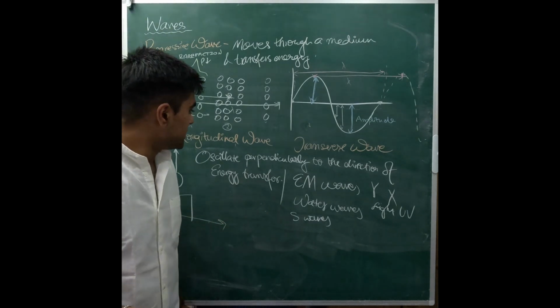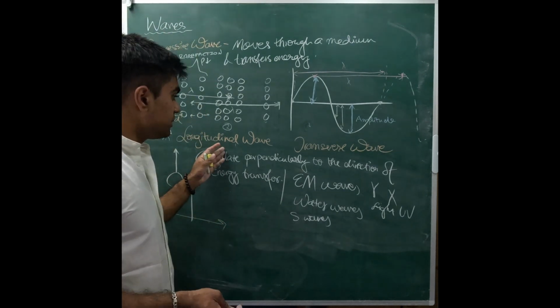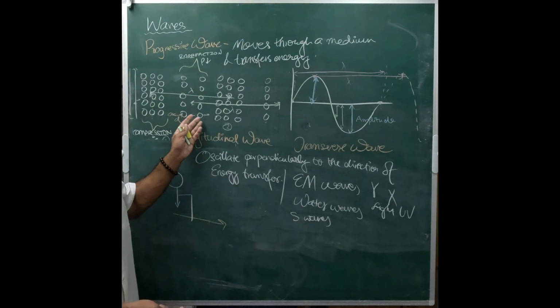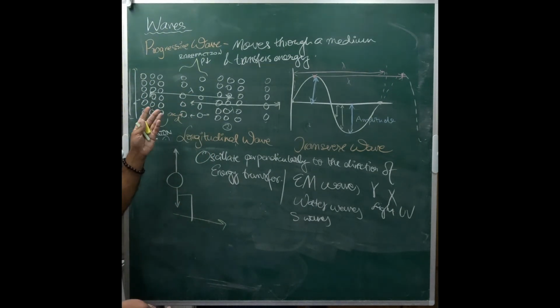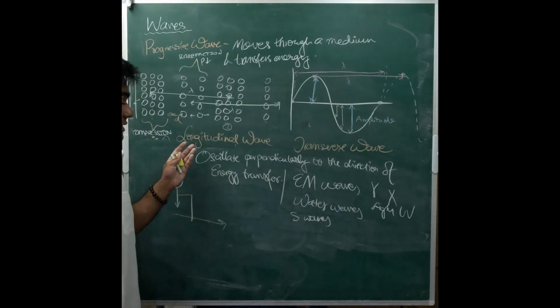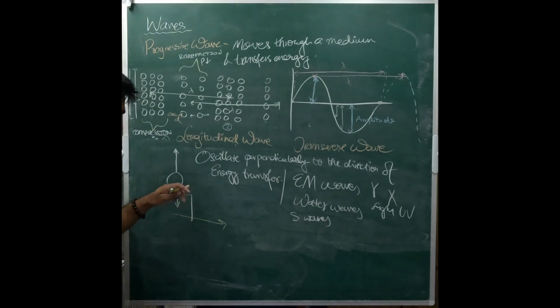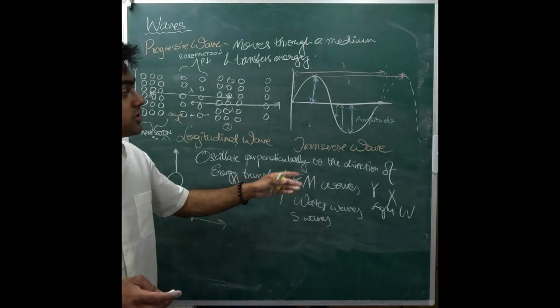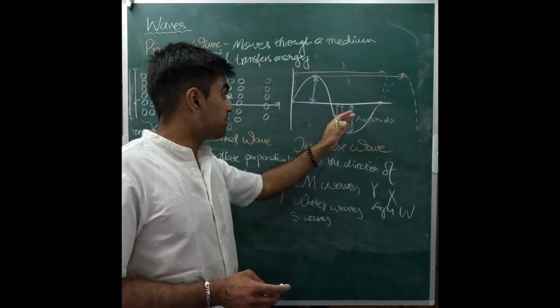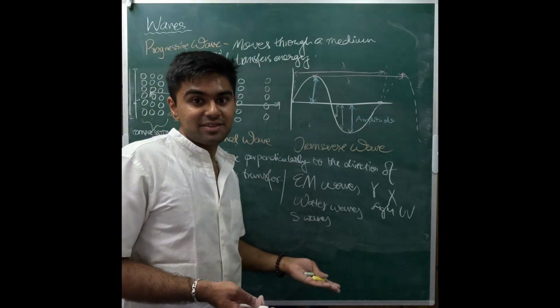Right, lovely. So we've covered what a longitudinal wave is, some examples of longitudinal waves, how we can interpret the diagram representing longitudinal waves, and then we've gone on to transverse waves. We've understood the definition, we've understood how and why that definition comes to be. Then we've gone over some examples, and we've also figured out how we can find the amplitude from a transverse wave diagram, as well as its wavelength.